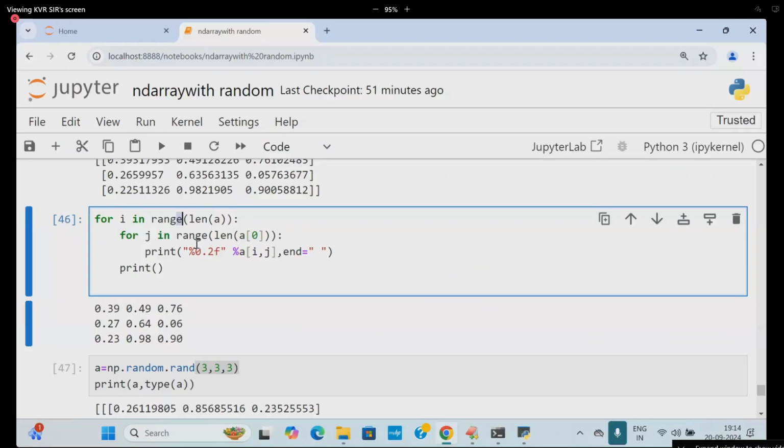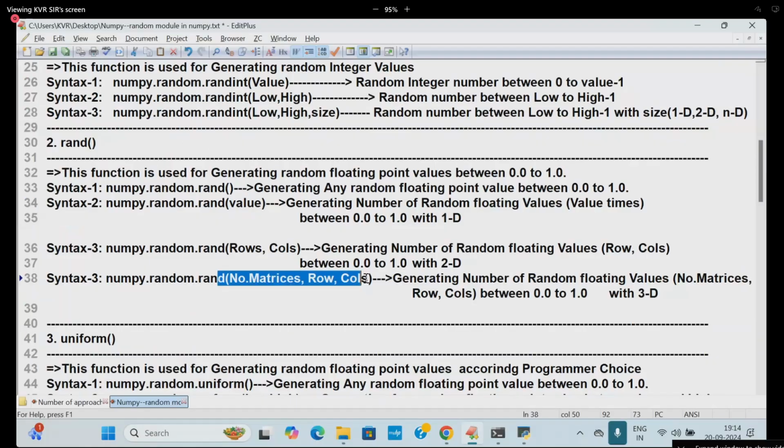What is the next one? randint. What is this? Number of matrices, comma, rows, comma, columns. Now I'm entering into uniform. Spell out: rand and uniform are both dealing with uniform distribution only. Both of them are dealing with uniform distribution only. The difference is: